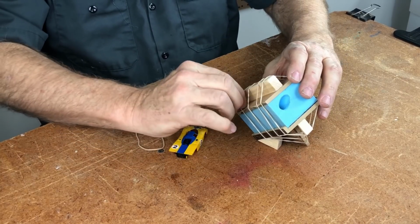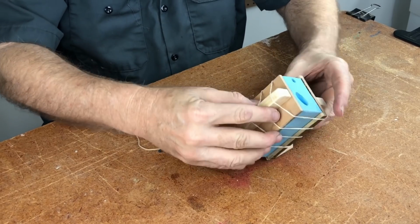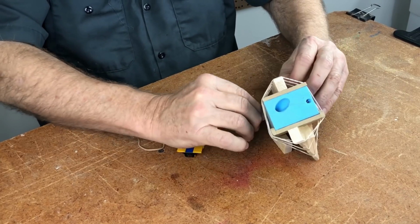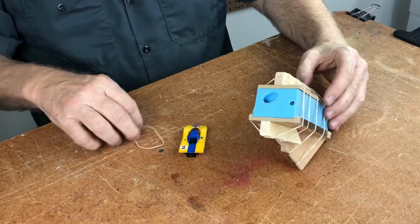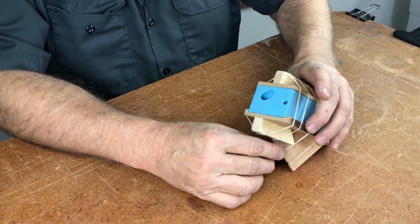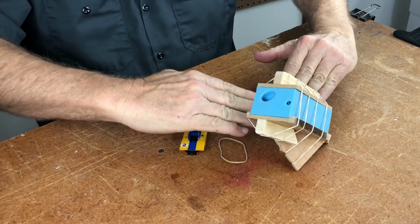Let me slide this down a little bit. Get my bands nice and even. Boy, I'm seeing zero parting line. That's just sweet as candy. That's perfect. Nice. The mold is held in the orientation that I want to pour it in. And I want it to cure in that orientation